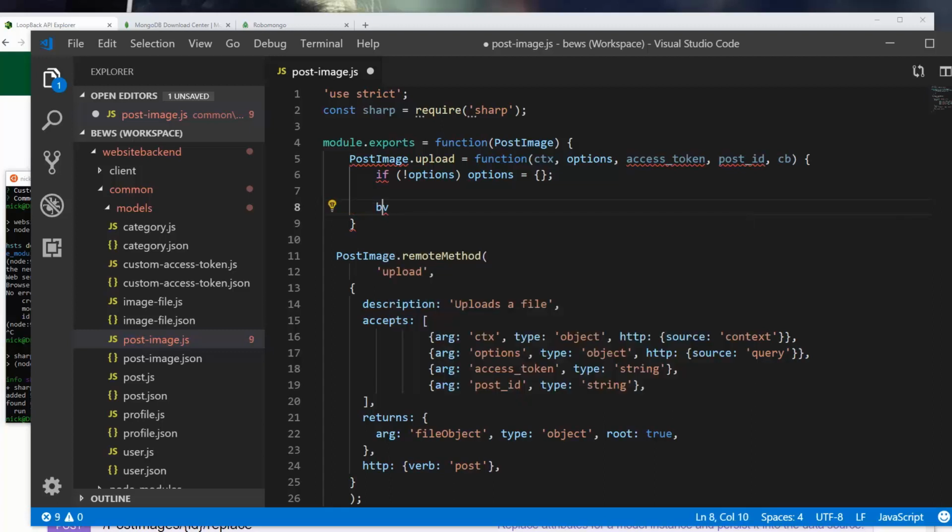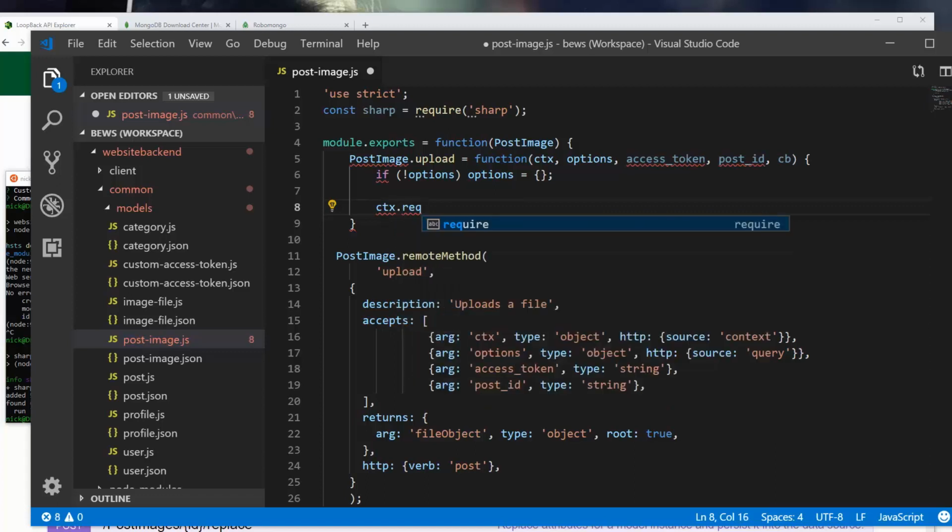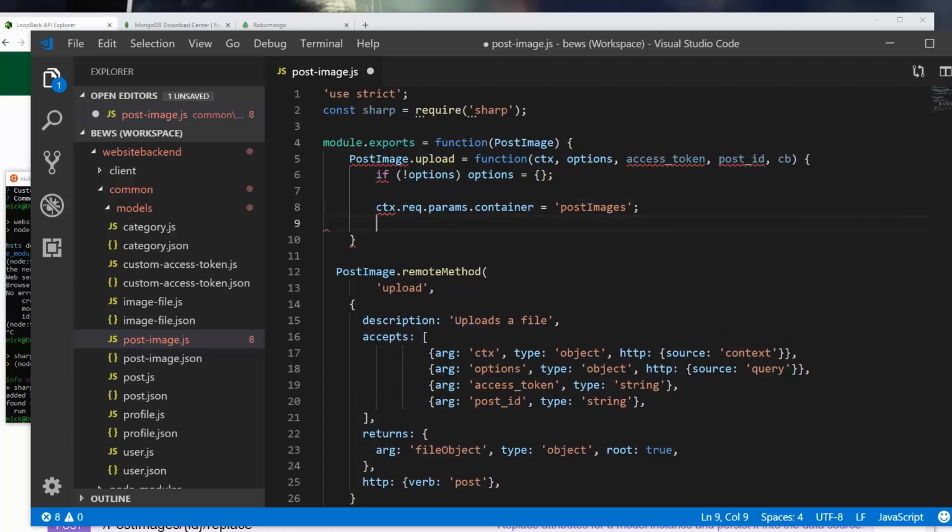So CTX, my keyboard is like slightly out of place and it causes that. CTX dot request, so REQ for request, params container is going to be equal to post images, and we're specifying that here because what we're about to do is actually call the upload function using the CTX request. And yeah, so what we'll do is we'll also